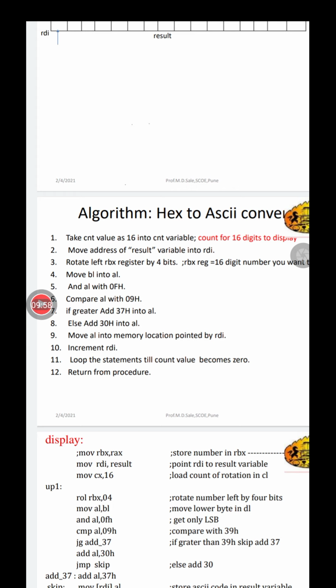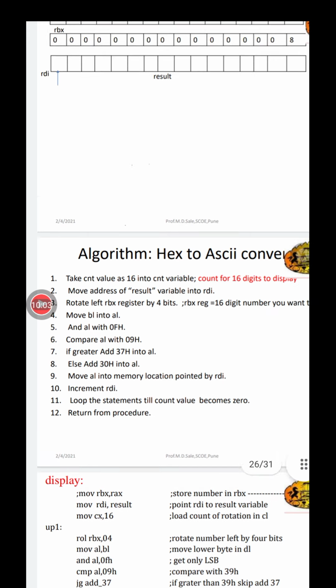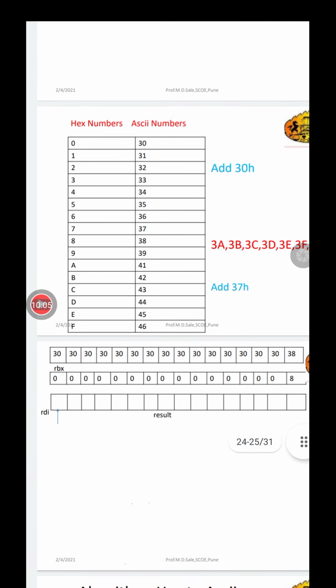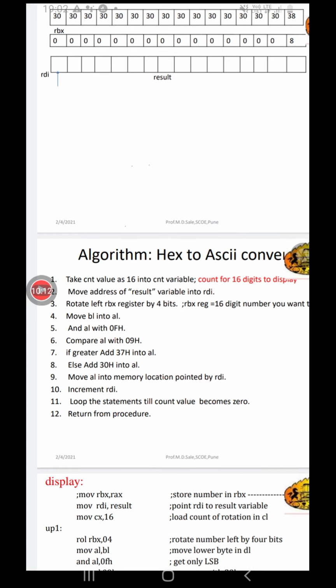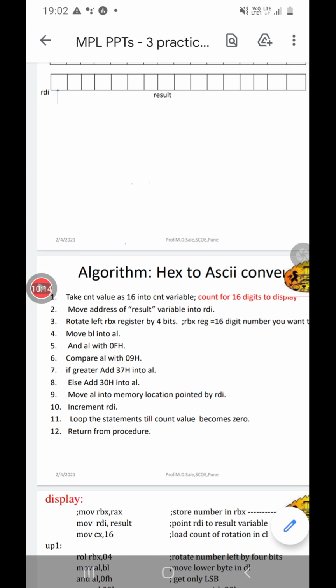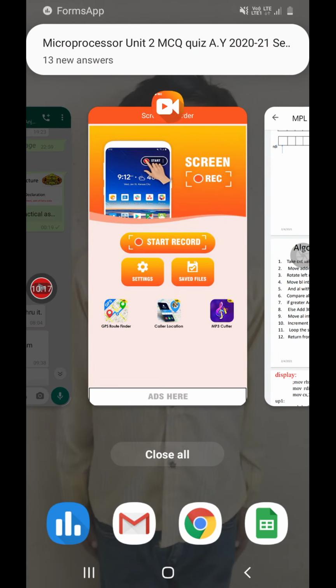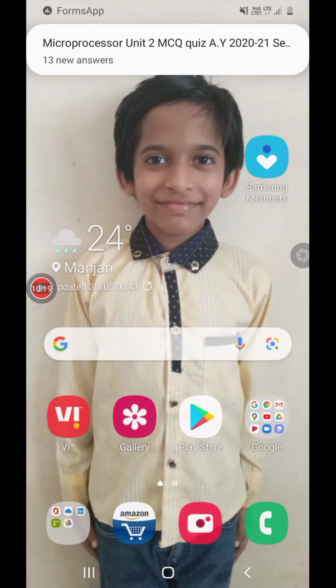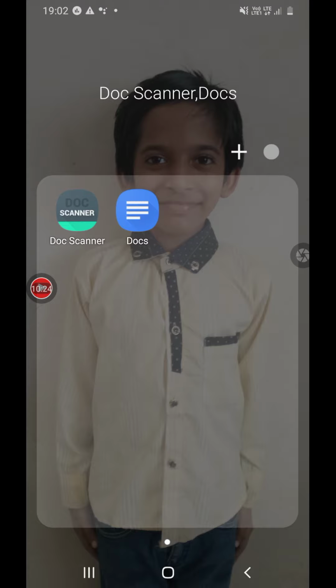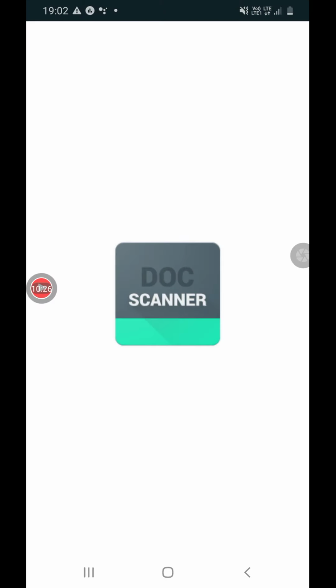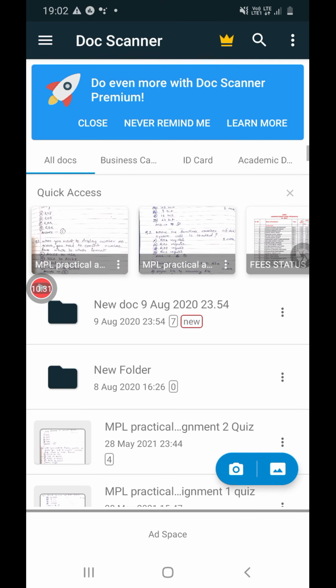Whatever value is in the RAX register, we move into the RBX register, and then we rotate it left by 4 bits. Now why rotate left by 4 bits? Just a minute. I will explain this part by giving an example. So see over here.